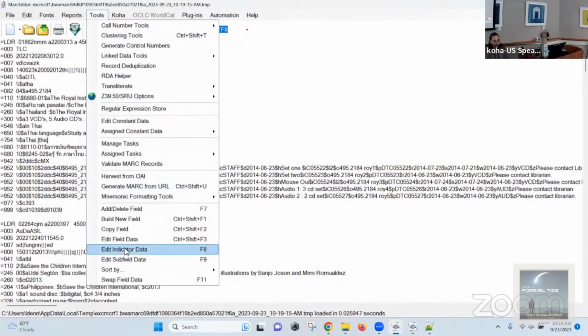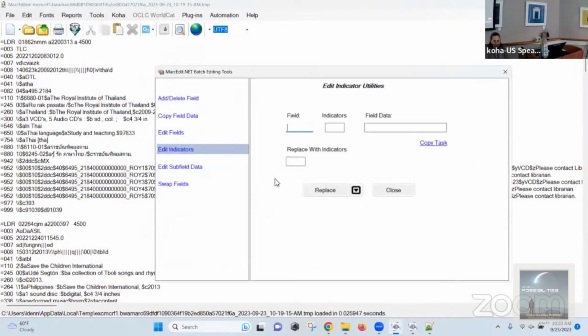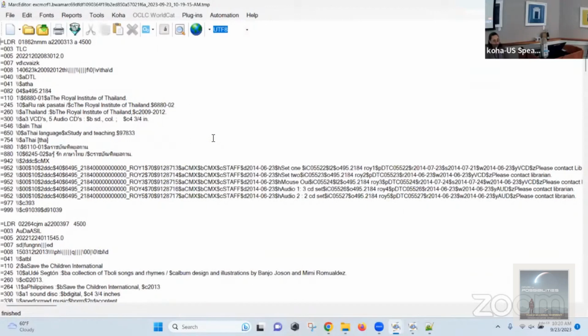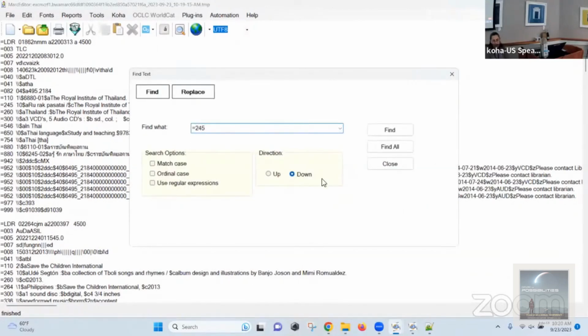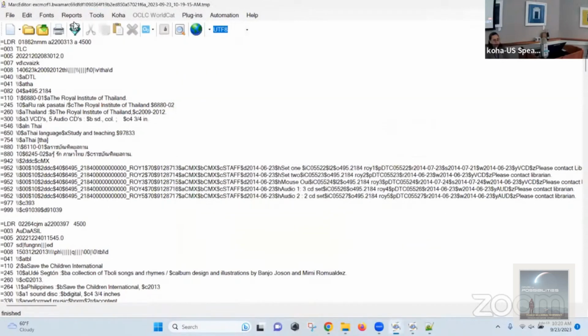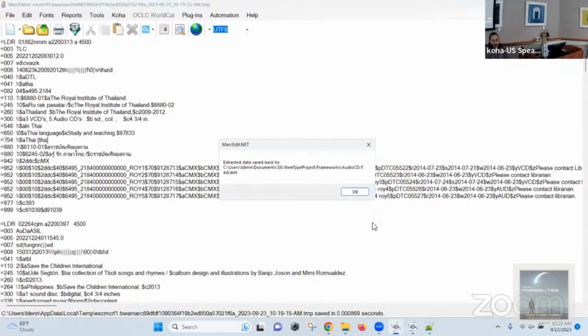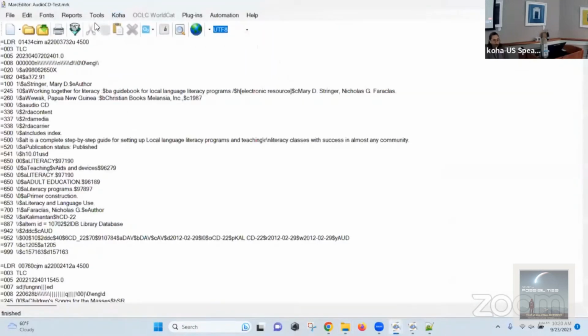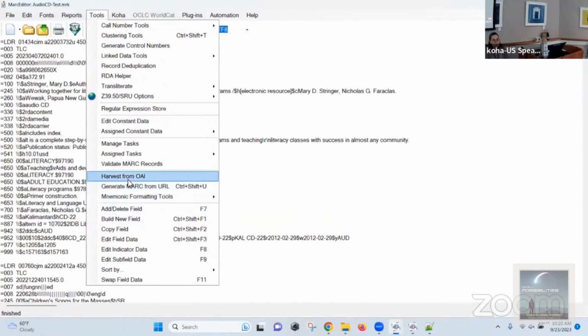So now I'm going to do it again. Indicator for the 245, 10, and now that's the one. I'm going to double check. It's there. Okay. Now I'm going to show you. I'm not going to do the other 100s. I'm going to show you this is the joy of